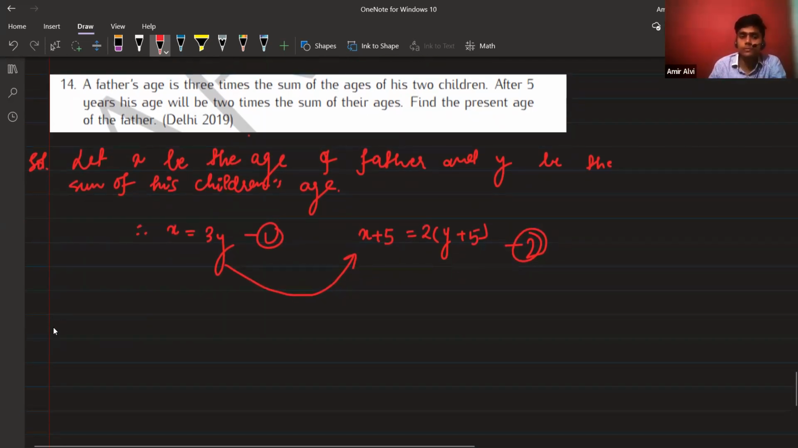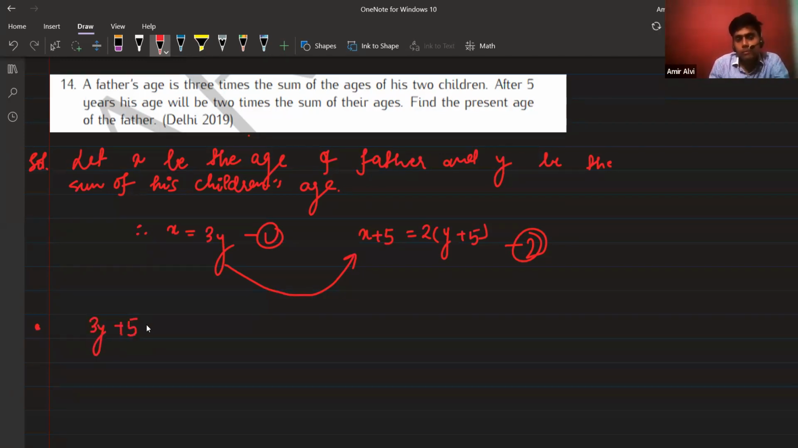Yes or no? Can we multiply in the equation 2 into y and 2 into 5? Yes, you can do that as well. So